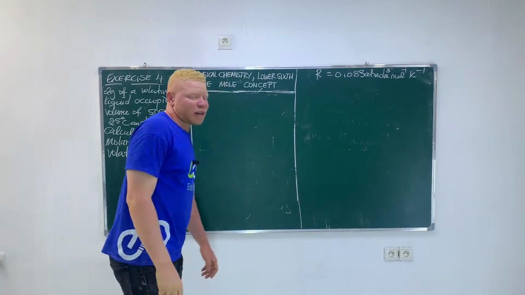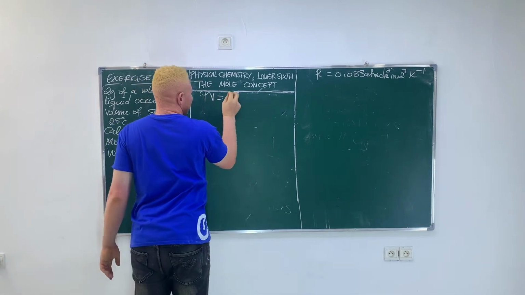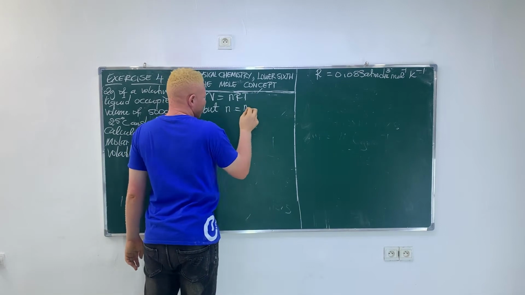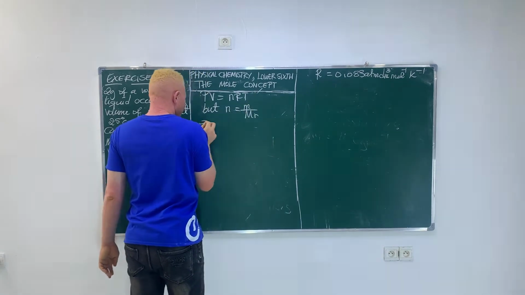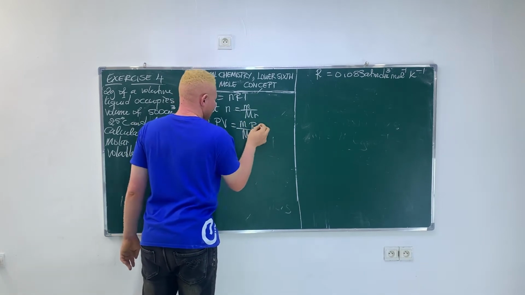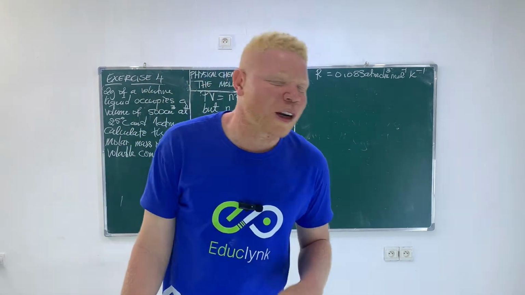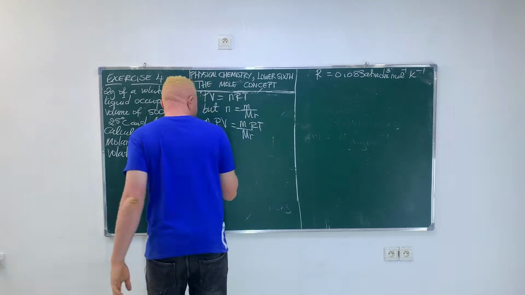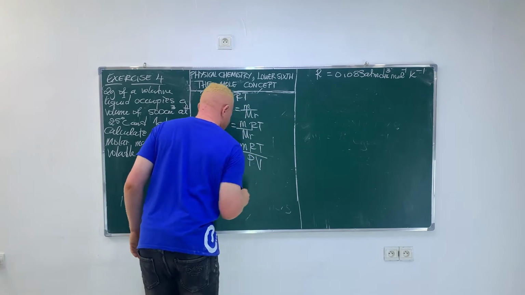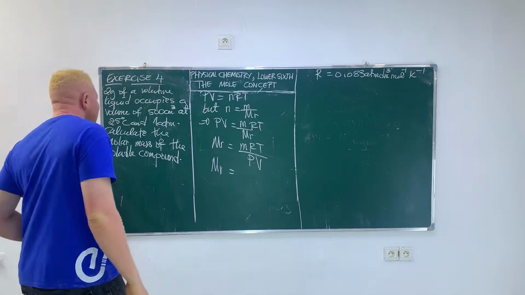So using the ideal gas equation, PV equals nRT, but n equals the given mass over the molar mass. This implies PV equals given mass over molar mass times RT. So here we make molar mass the subject of the formula. So the molar mass is equal to mRT over PV. So Mr equals the given mass, which is 2 grams,